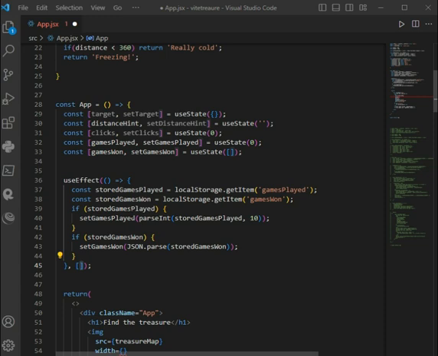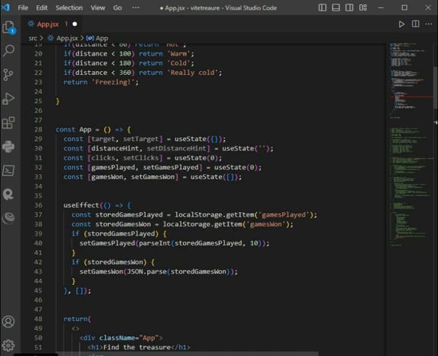The purpose of this useEffect is to initialize the state with the values from the local storage when the component mounts, which ensures that the game history persists